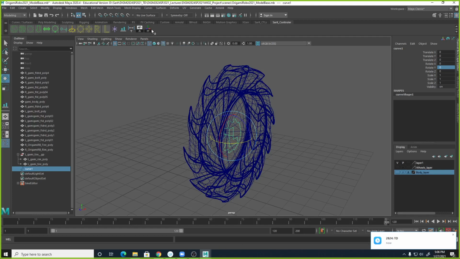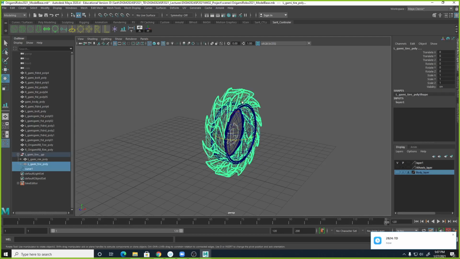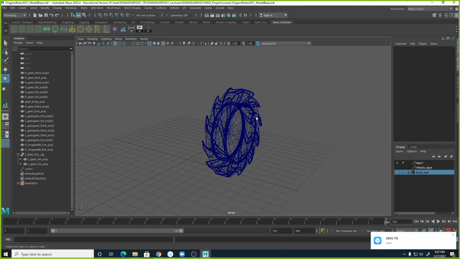I think my little controller here doesn't seem to want to go into the center of the wheel. If it doesn't go to the center, you have to select the controller and then shift select the tire. Yeah, I did that. And okay, Freeze Transform. See if it works. Did you freeze transform? Yeah, I freeze transformed before I did it. Okay. Hey guys, it happens sometimes. Sometimes it doesn't recognize the last object's pivot point. In this case, you're going to have that problem on the left side and the right side, because I reused the left side for the right side and froze transform, and somehow